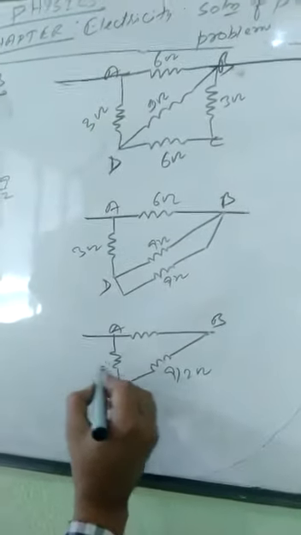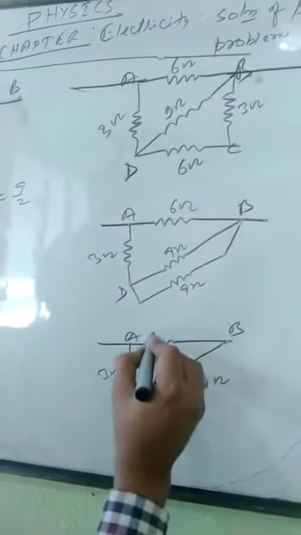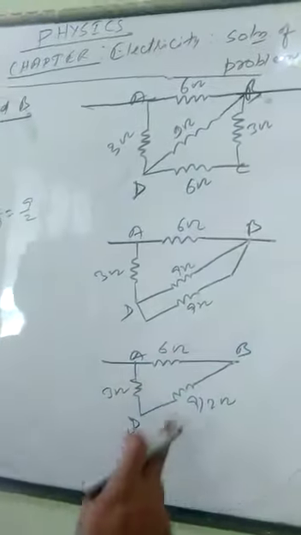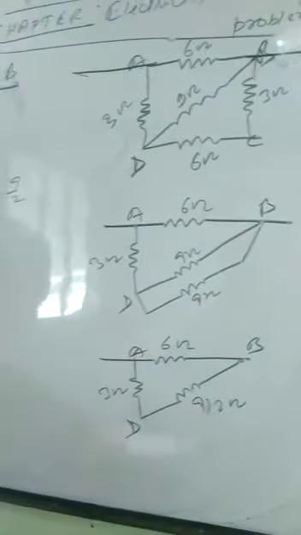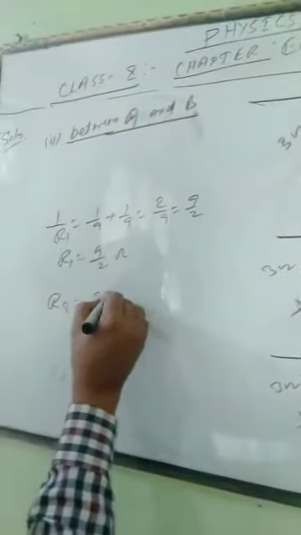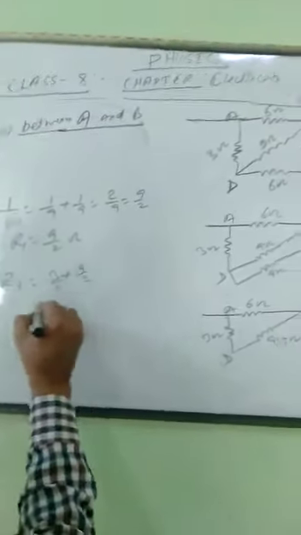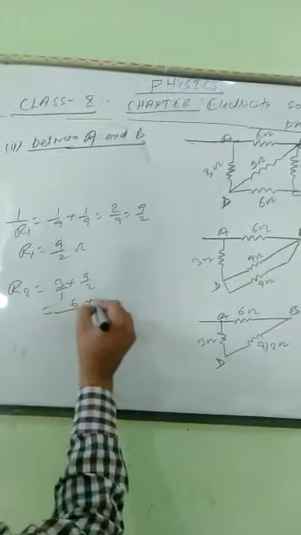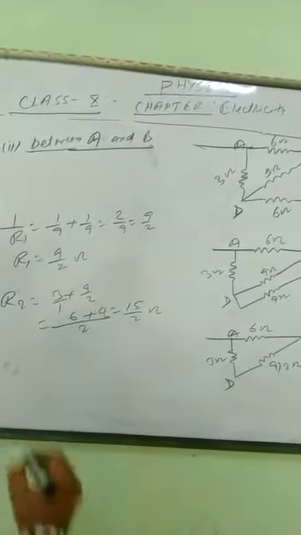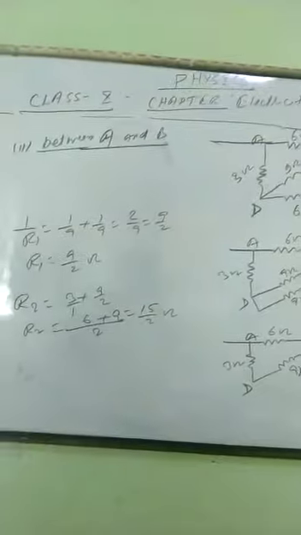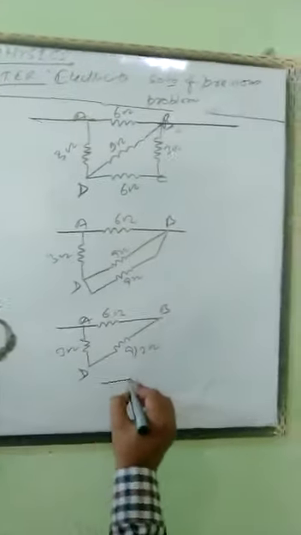And it is 3 ohm, it is 6 ohm. Both of these are again in series. Therefore, R2 will be 3 plus 9 by 2, that is 6 plus 9, 15 by 2 ohm. This is the value of R2. And now your figure is